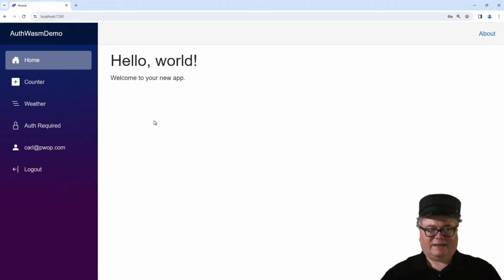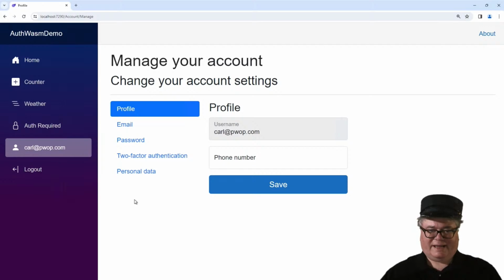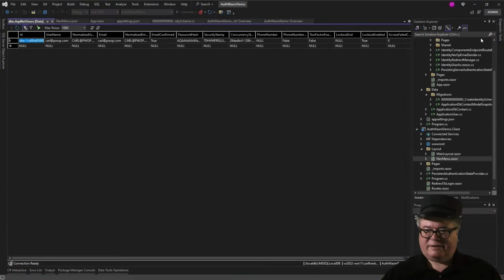So now that I'm logged in and I go to auth required, it says, hello, you are authenticated, happy, happy, joy, joy. And this is what I use to manage my account. My email, my password, whether I'm using two-factor authentication, which you have to set up, by the way, personal data, that kind of stuff. So let's stop this here and go check out